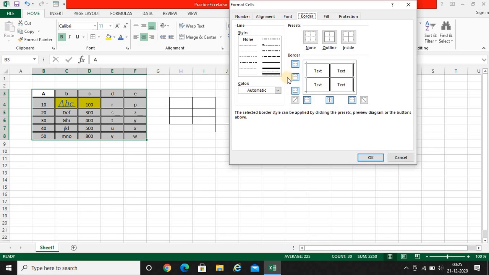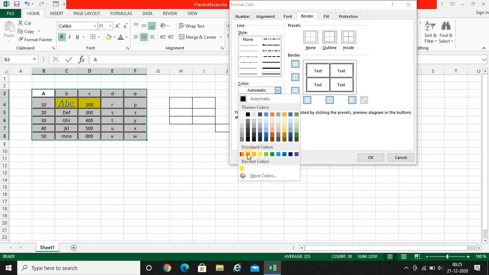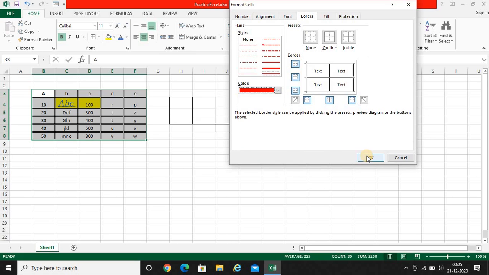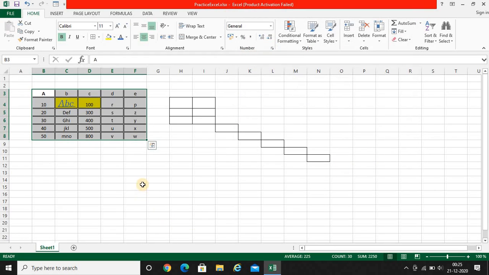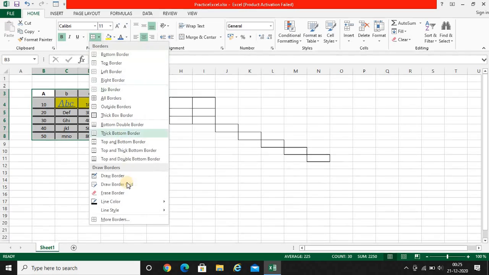Now from here you can see the color is automatic, that is black. Now you can choose any color from here, like red, and then click on OK. So you see the border will be changing with red color. It didn't apply because I didn't click on this